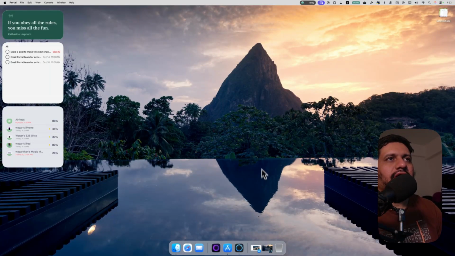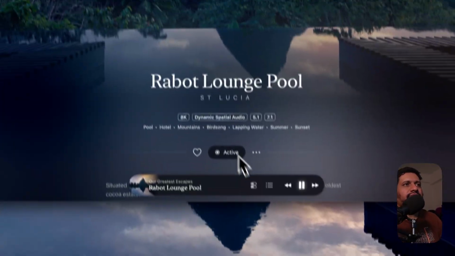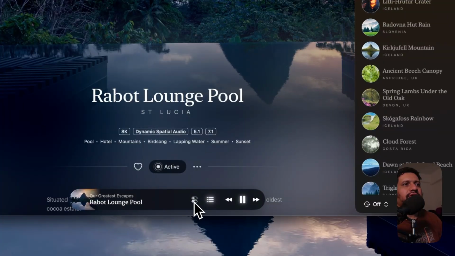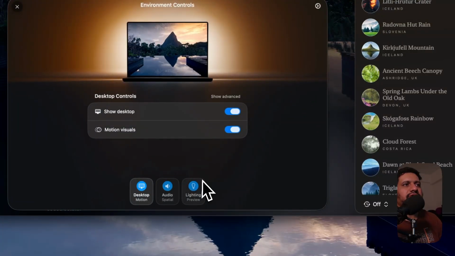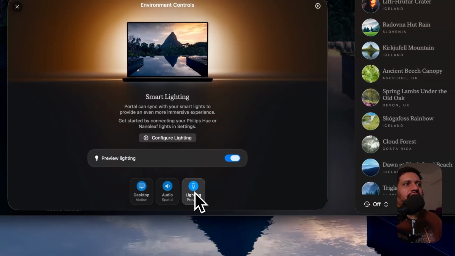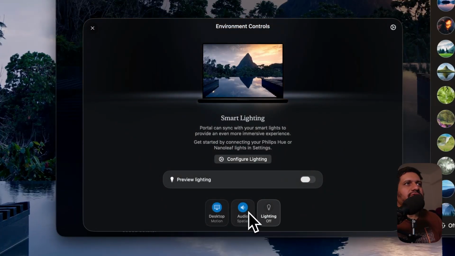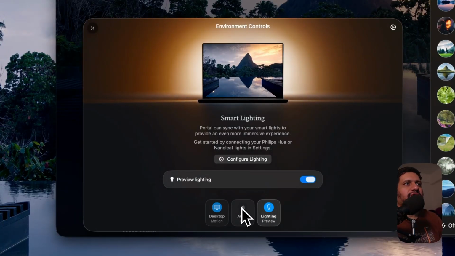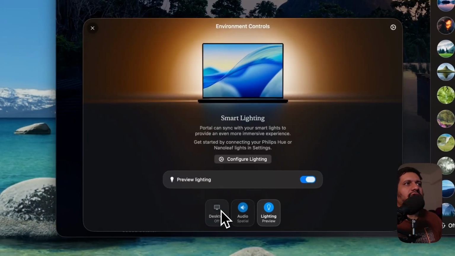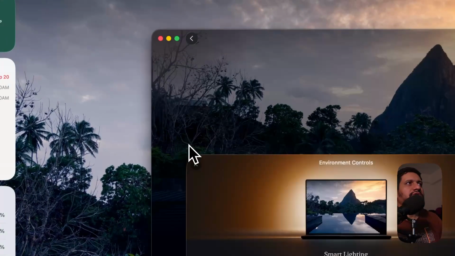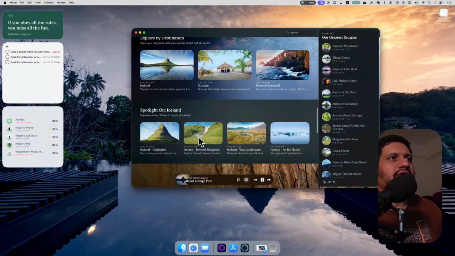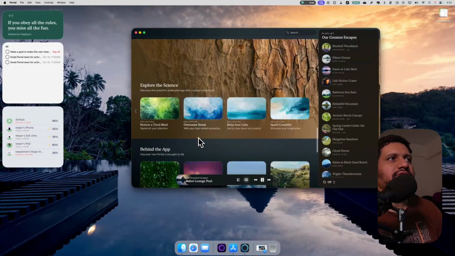So you can see it sets in the background, water is moving, everything is flowing smoothly, and you are in another escape or another focus mode. So basically you can also set different audios as well. If you click on the audio, the lighting will set in the background for this one. So that is also a cool way of doing this. There are so many backgrounds for this one, very nice flowing images,